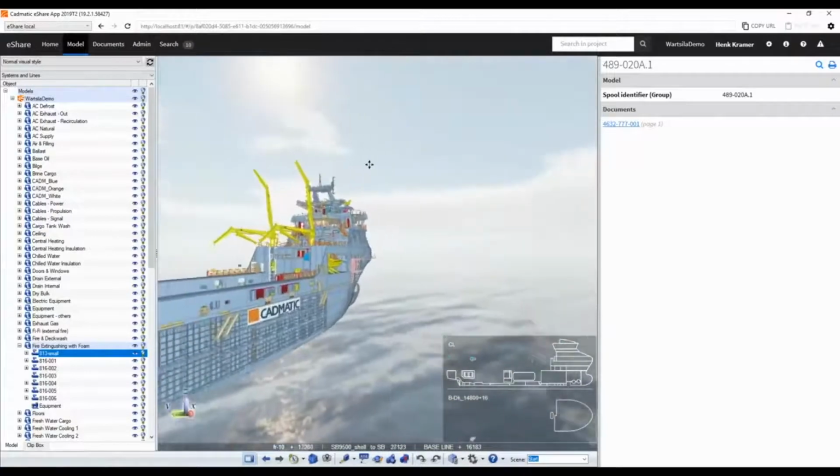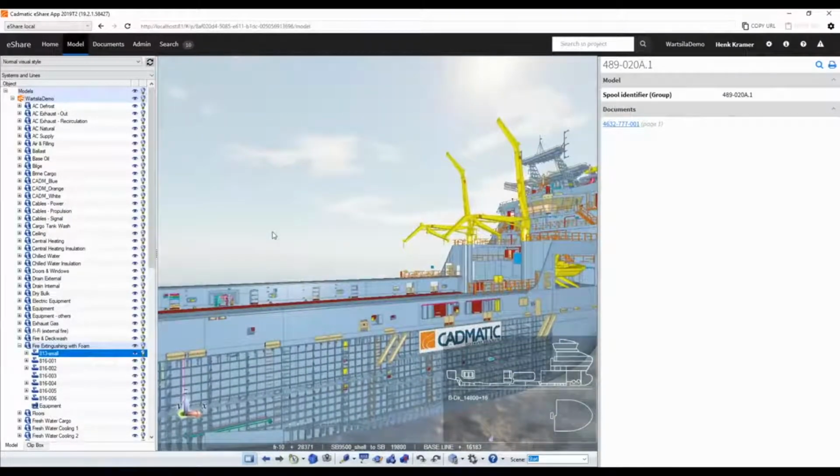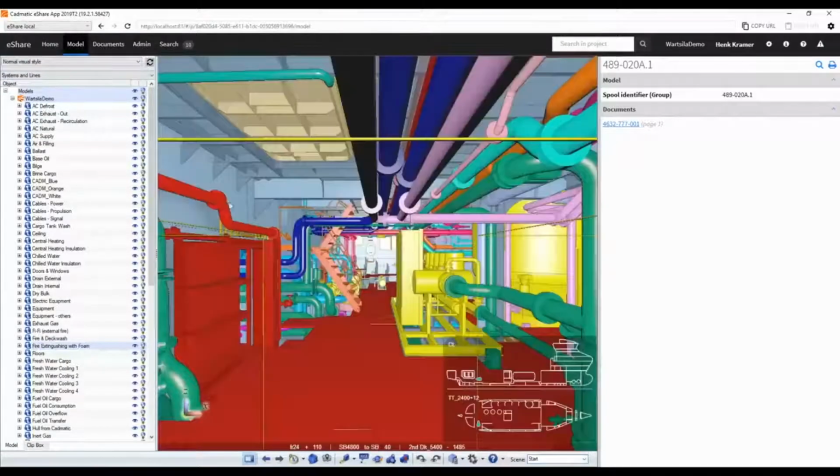Now what is also different from eShare and the eBrowser is that you have on the left side not just the hierarchy, but you also have 2 drop-down menus, the top one and the bottom one. The top one is a visual style drop-down menu which allows you to see the model in different styles. The bottom one is the hierarchy, so what you change in the visual style you can also make a hierarchy for. So what I would like to show is that, for instance,